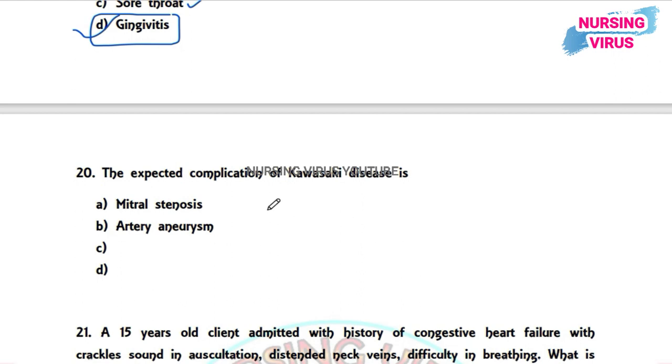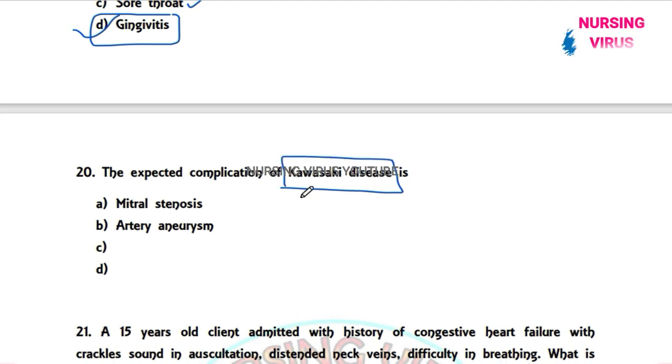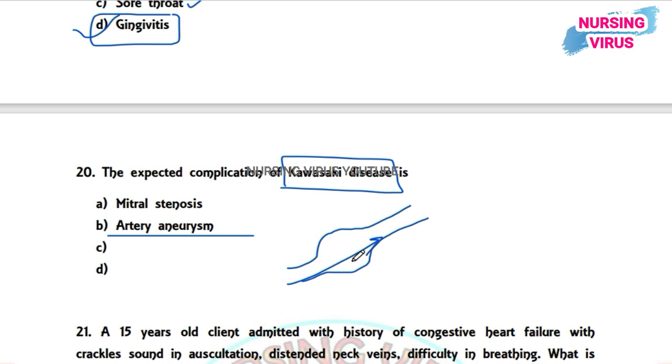So next one: the expected complication of Kawasaki disease is mitral stenosis or arterial aneurysm. We know that Kawasaki disease affects the blood flow to the heart, so arterial aneurysm can be seen commonly as a complication of Kawasaki disease. And we know that an aneurysm is the enlargement of the arteries in the blood circulation area, mainly in the